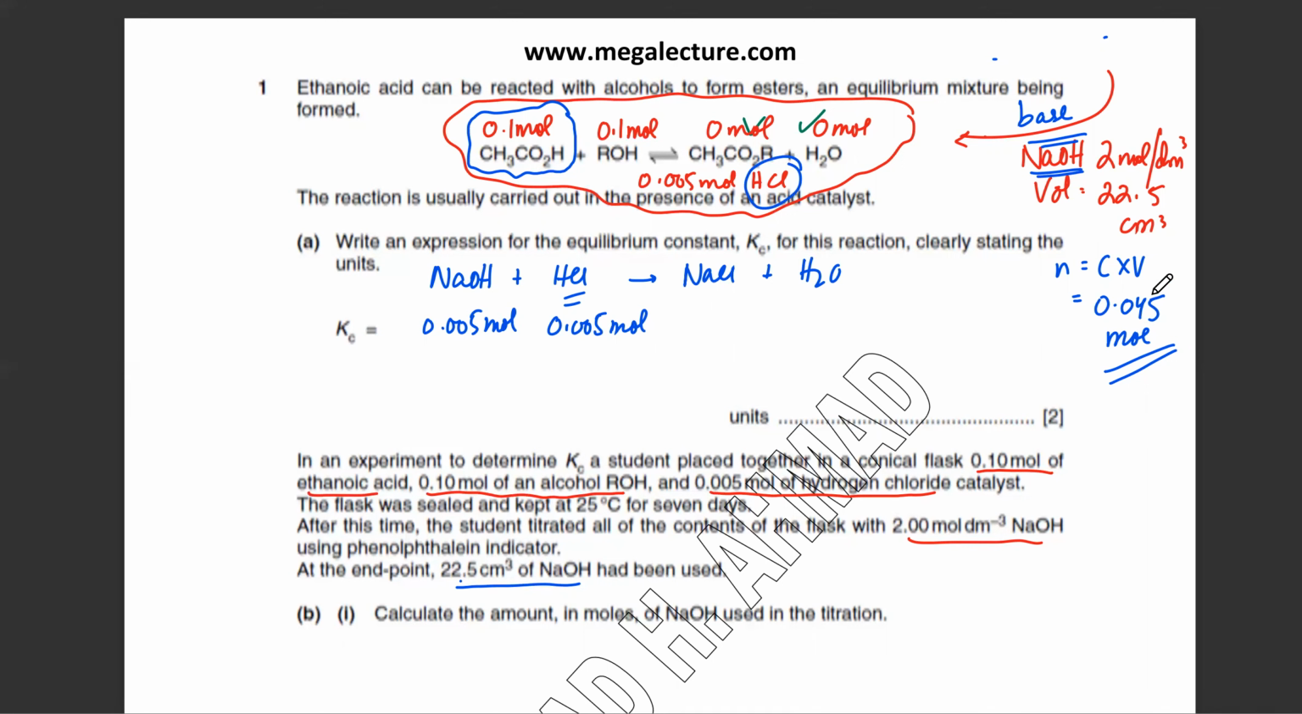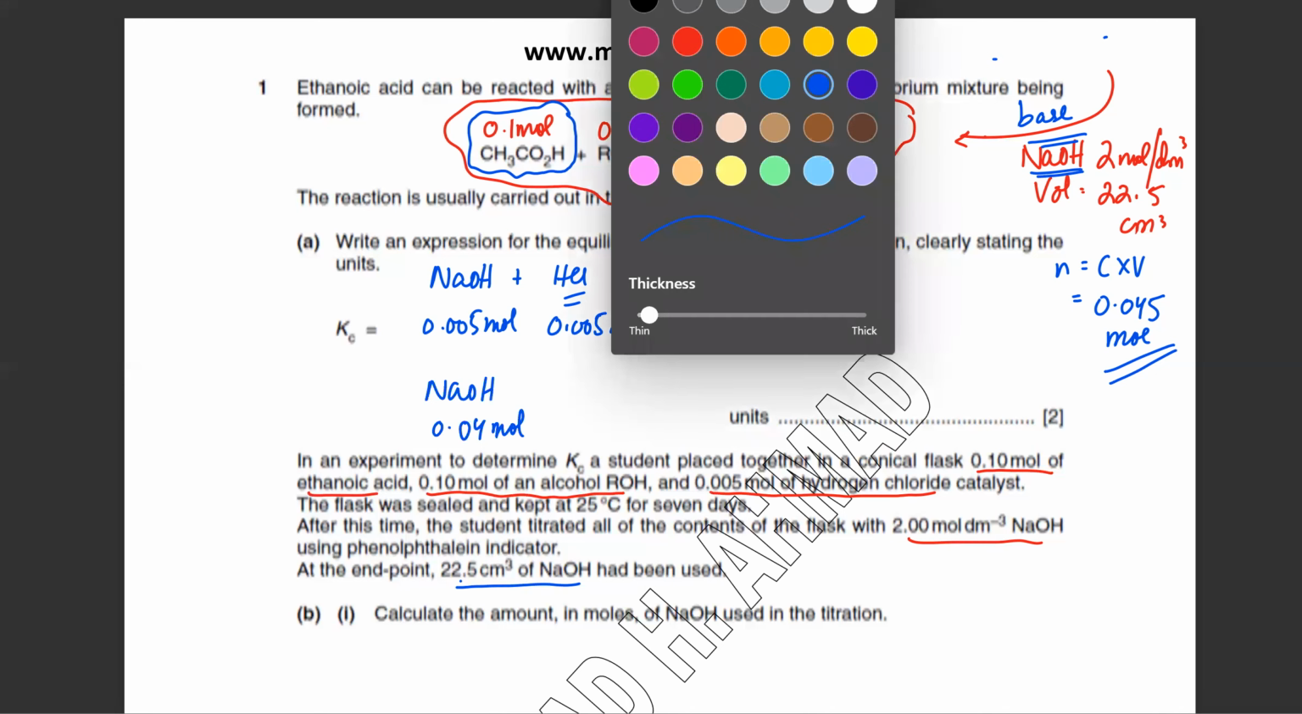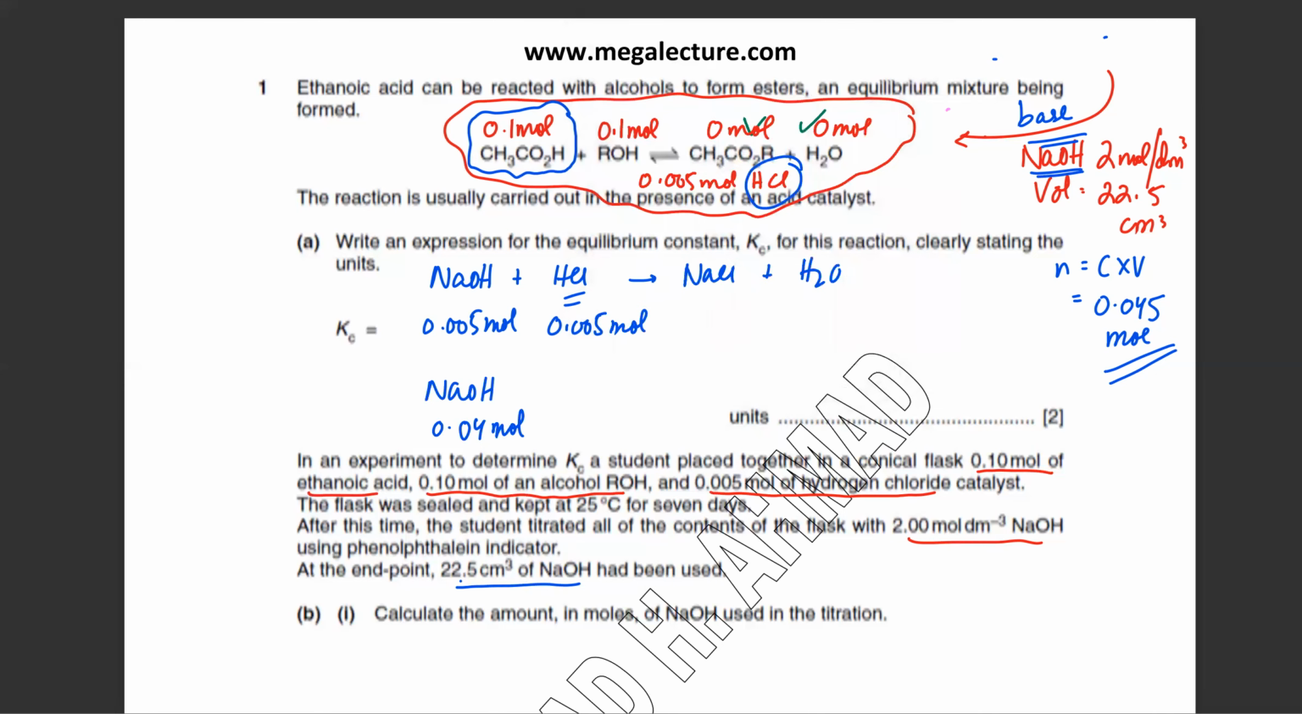You added 0.045 moles. So the question is, what is the rest of the NaOH doing? The rest of the NaOH is how much? 0.04 moles. Okay, that's the question. The total amount of NaOH that is reacting is 0.045 moles, and we figured out that 0.005 moles is reacting with HCl. So what is the rest of the 0.045 moles, which is